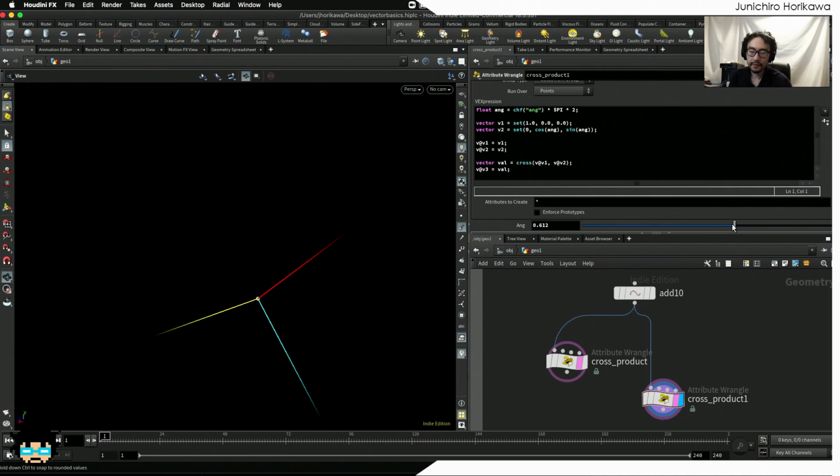This cross product is also pretty important when it comes to orientation or rotation, like using this for the axis of a rotation and so on. The actual practical usage is going to be a bit more advanced, so I would like to keep it for later sessions, but